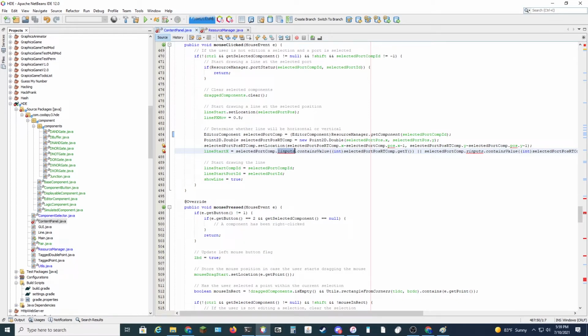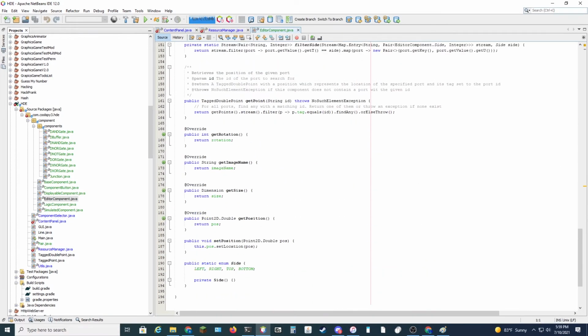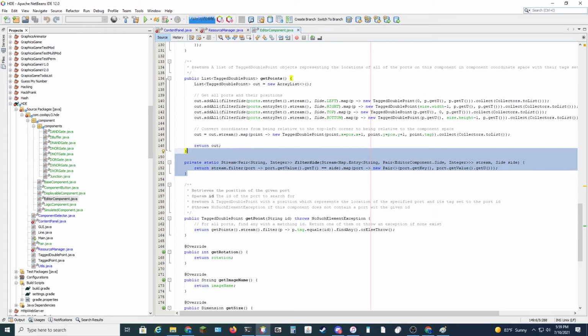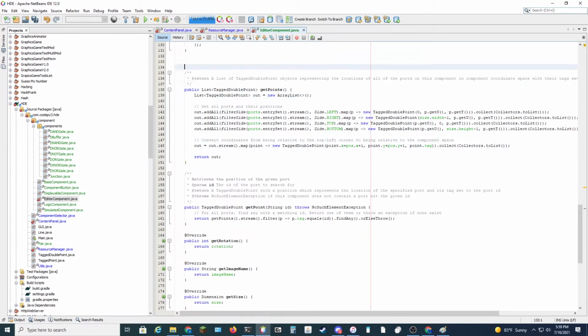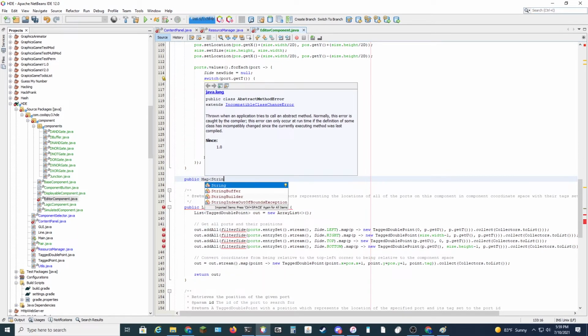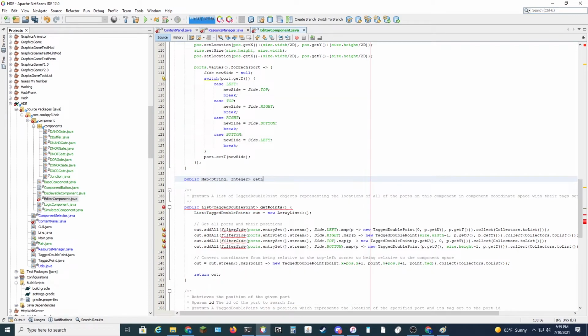What if we did an editor component? Okay, so it looks like the rest of the code does use this left input, right input stuff. So what if we instead do public map string get left ports